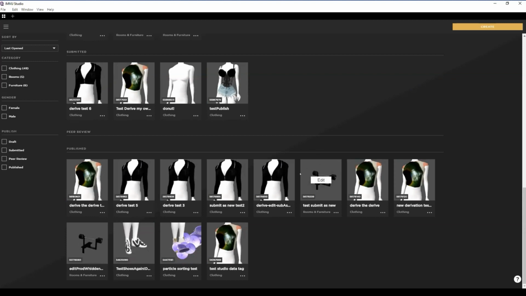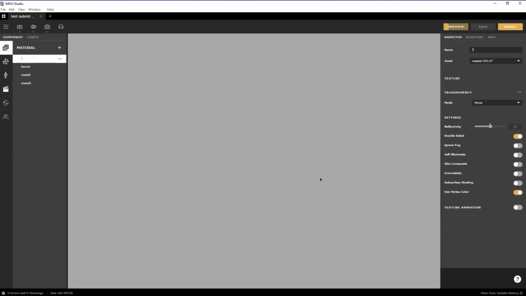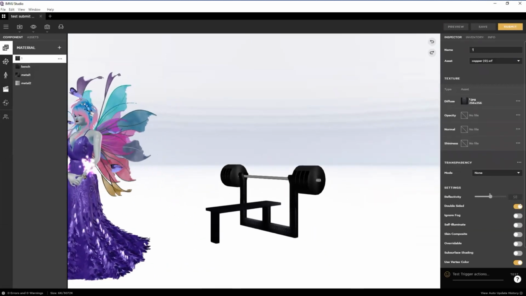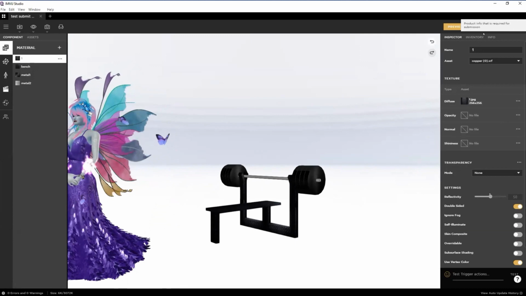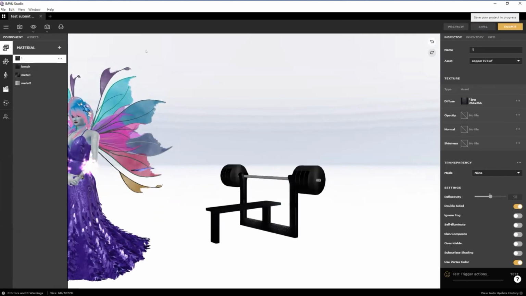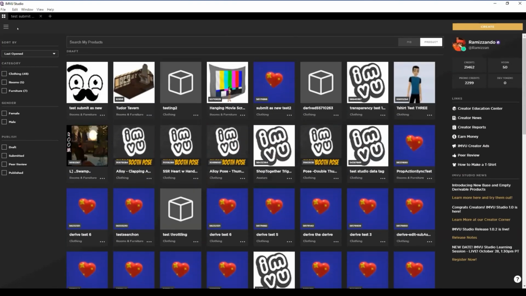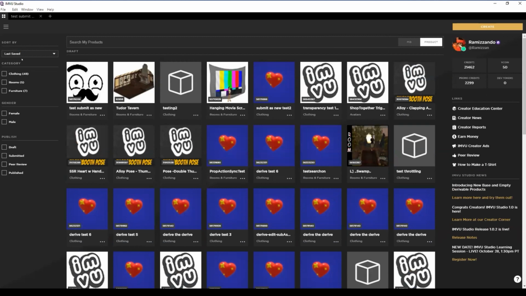So I'm going to take this product as an example. This is a product that's available in the catalog. It's published, and let's say I want to go back in there and make some changes. Maybe I want to add some normal and specular map to it. If I click on edit, it will bring the product in, and then as soon as I hit save on this project, it will save it. And then if I go back to my home screen, if you notice,